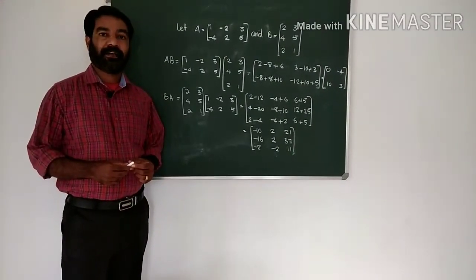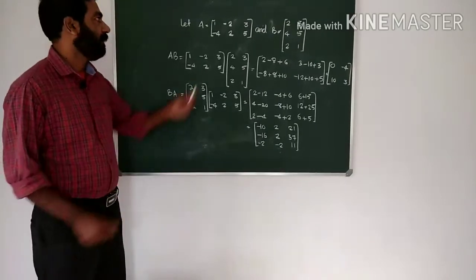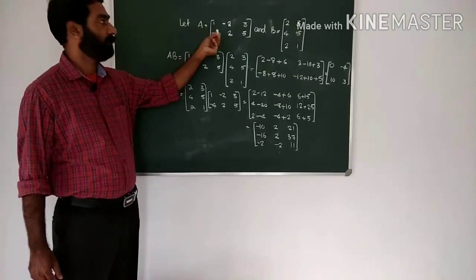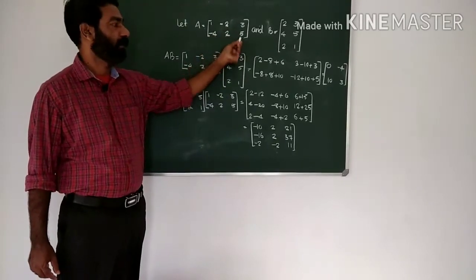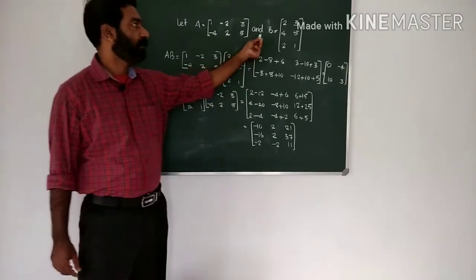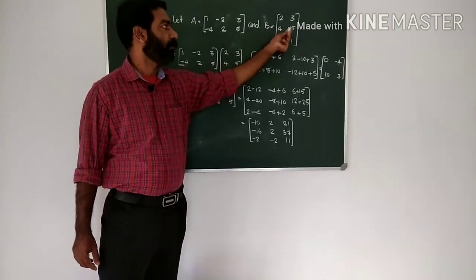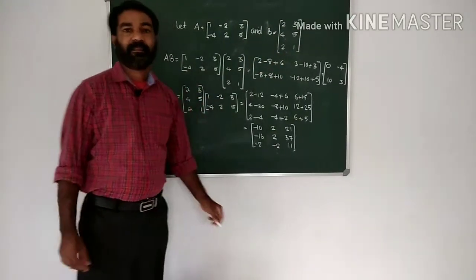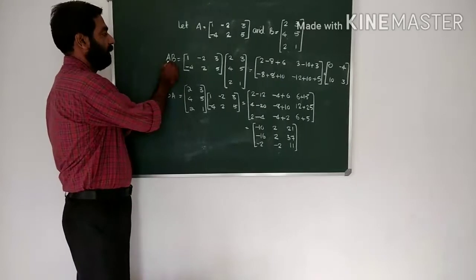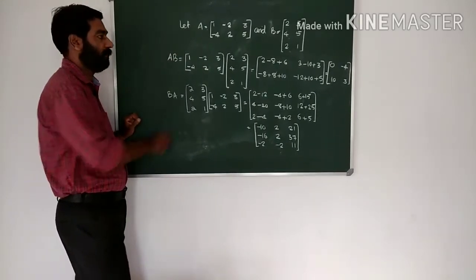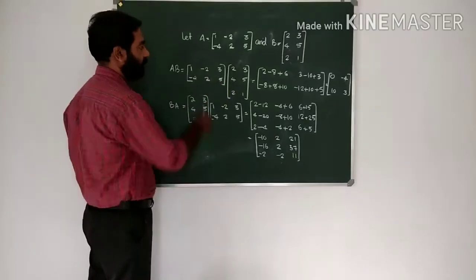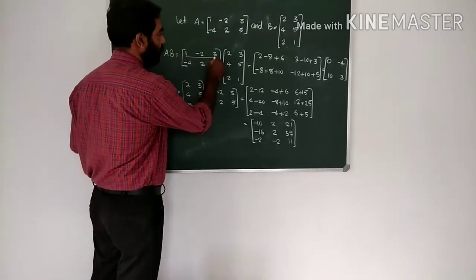Consider another example. Let A be the matrix 1, minus 2, 3, minus 4, 2, 5, and B be the matrix 2, 3, 4, 5, 2, 1. First, we are going to multiply A and B. So you write A and B. You multiply the first row into the